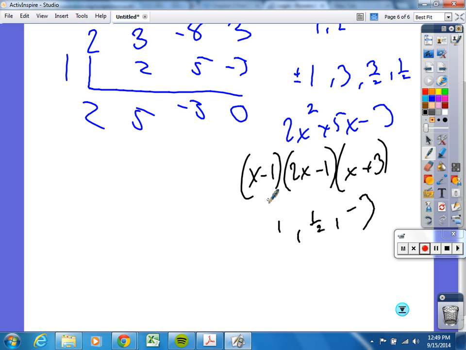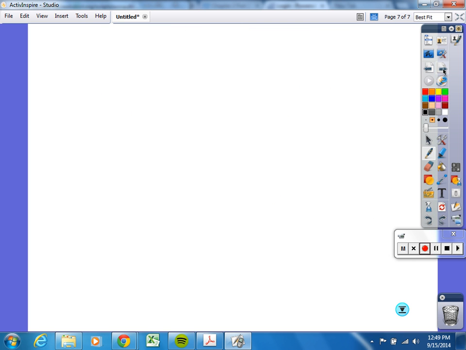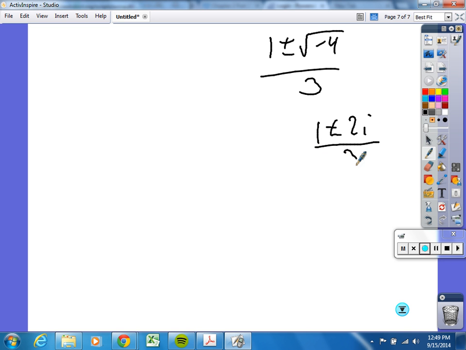Everybody good there? Okay, now let's get to a little harder stuff. When you do the quadratic formula and it's still complex, let's say it came out to be 1 plus or minus the square root of negative 4 over 3. Let's just pretend that's what it was. How many solutions are there? 2, because I have 1 plus or minus 2i over 3, so one of my solutions would be 1 plus 2i over 3,